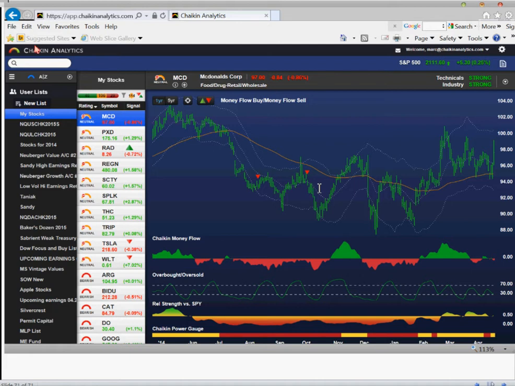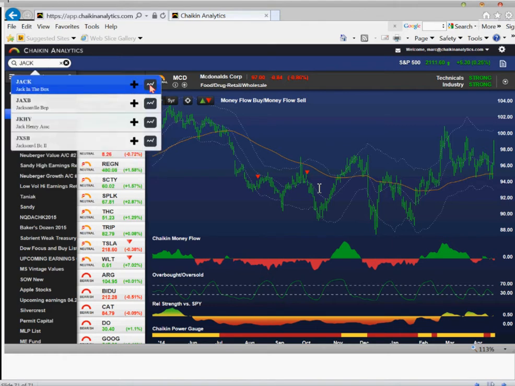And the bottom line is I'd love to find something that has a bullish rating. So here's how I do that. Click on Food, Drug, Retail, Wholesale. That's the industry group that McDonald's is in. No, we're not getting there. But there are stocks in the fast food business. Starbucks is arguably a fast food stock that are performing very, very well. And those are the ones you want to be in. I know recently it was Jack in the Box for a bit, which is both Mexican food and hamburgers, but